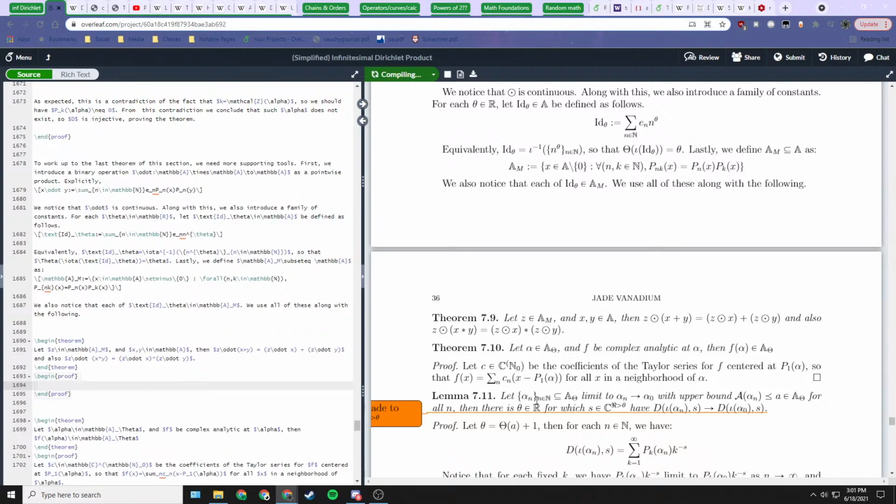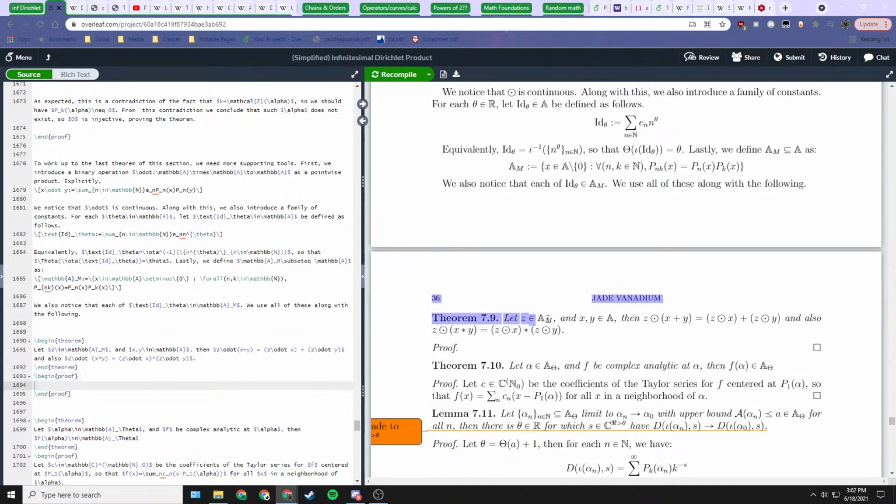So if we have an element in the set A sub m, then it distributes over addition and distributes over Dirichlet product with this O dot operation. And so that's what we want to say. As for the proof, the proof for distributing over addition follows, and it's actually really easy. So for addition,